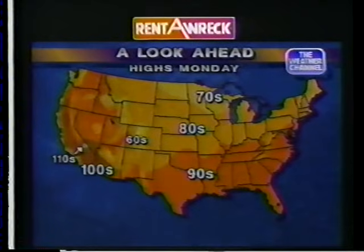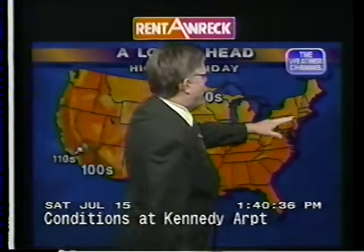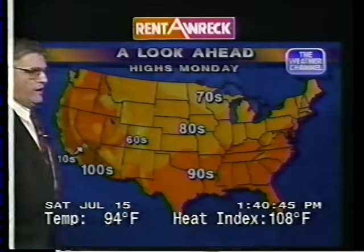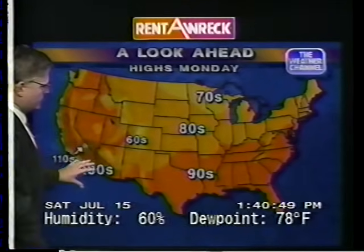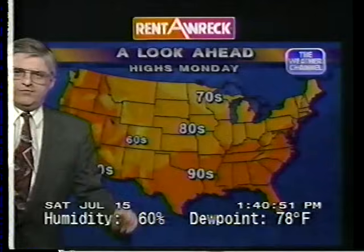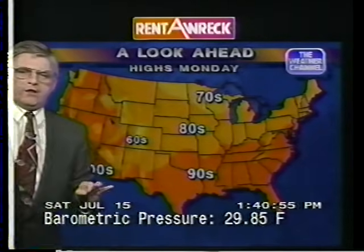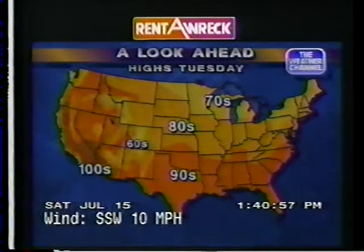Well, the heat goes on in the southeast anyway, although a front to the north will cool you off in Boston and New York City and Philadelphia on Monday, so it's going to feel a whole lot better. And ditto that for Detroit and Chicago and Minneapolis, barely getting to 80. The heat will shift back to the west into Phoenix, where it's always hot this time of year. Even along the west coast, the marine layer will be shallow and temperatures will be a little warmer than they